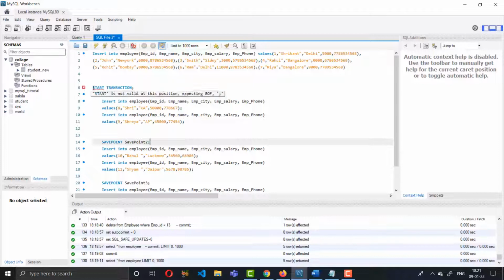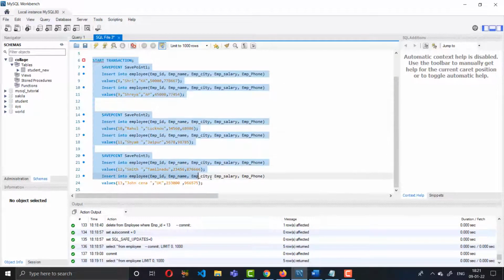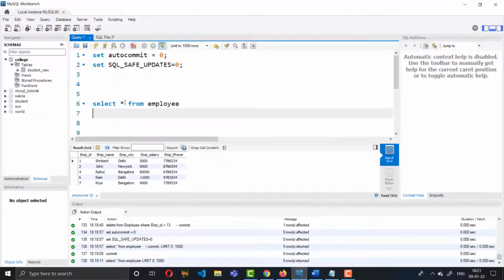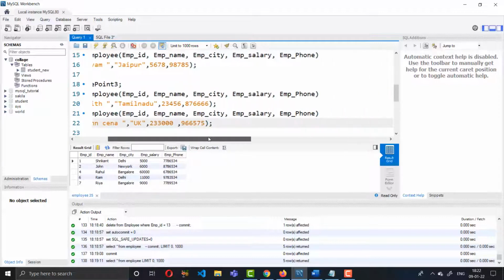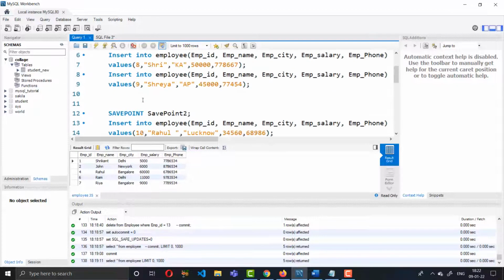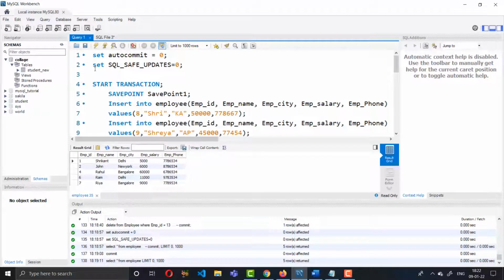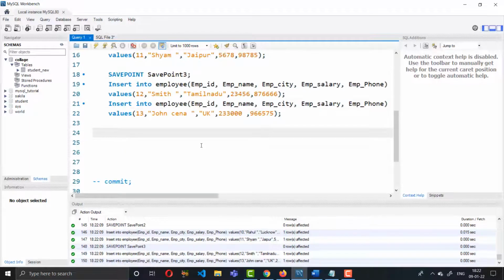Here I have managed to put this code in a readable format to insert the data in the employee table. Now I will paste it here and run the script. For each savepoint, the rows, the transactions, have been inserted.